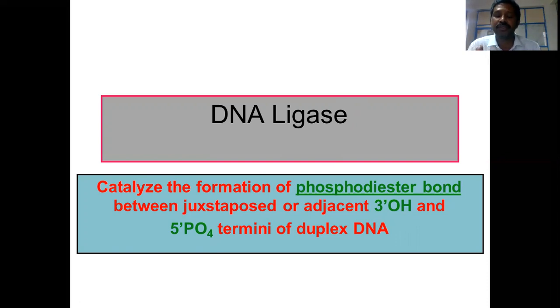Ligase is a very essential enzyme, which is part and parcel of replication, recombination, and repair. The same enzyme is also very important in DNA manipulation or gene cloning. This enzyme can be used to ligate two different molecules to create artificially recombinant DNA clones. Today we will talk about the mechanism of the DNA ligase in the formation of the phosphodiester bond.